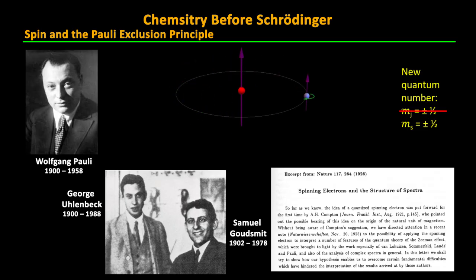Now, to be sure, if the electron were really spinning enough to give it an angular momentum equal to half of its orbital momentum, it would have to be spinning faster than the speed of light. But it is the case that when experiments have measured the amount of angular momentum intrinsic to electrons, it comes out as exactly equal to 1/2 the reduced Planck's constant. So the term spin is the best term we have to describe this quantum phenomenon.